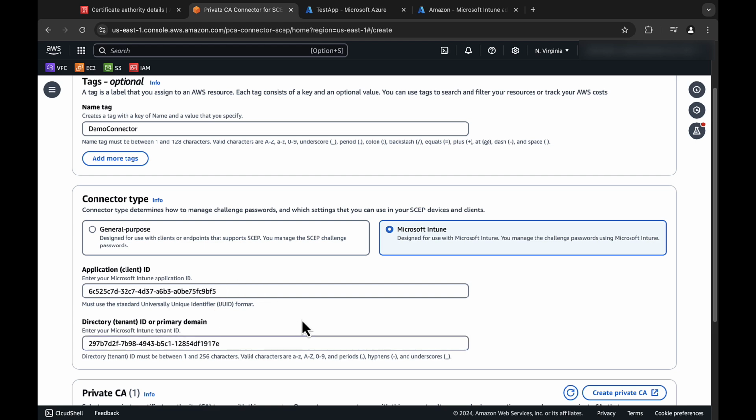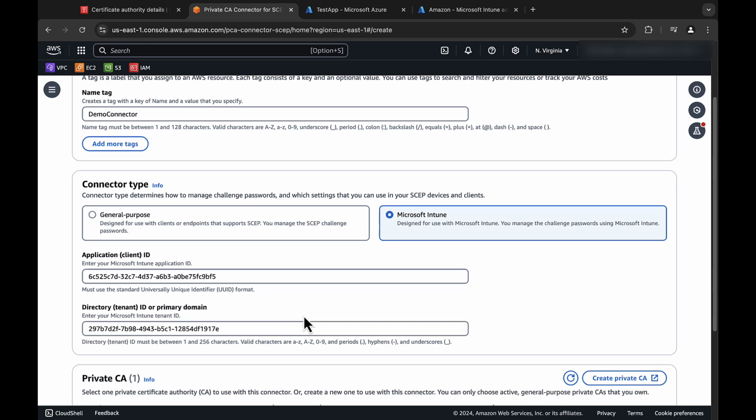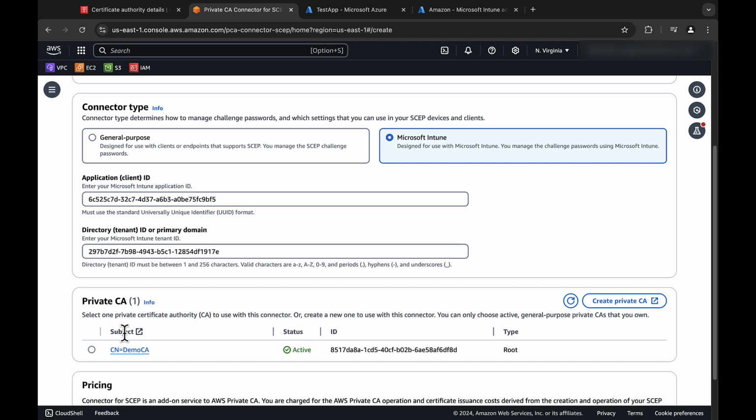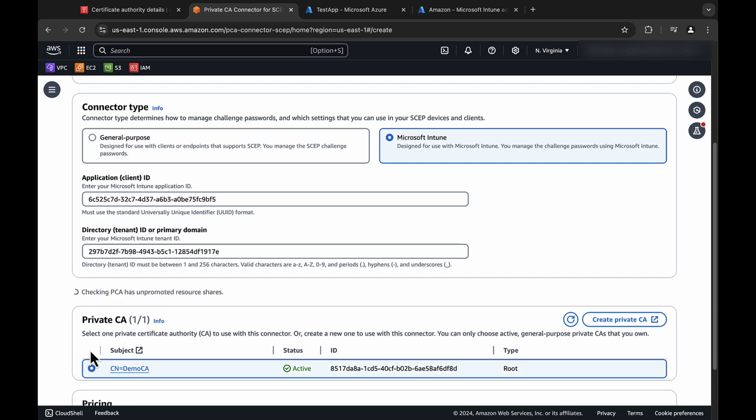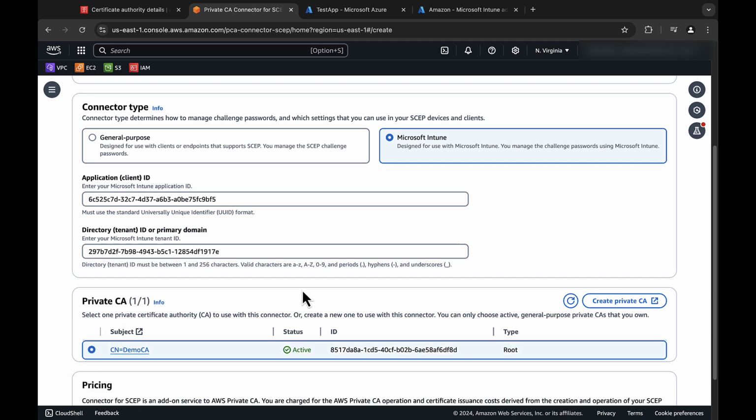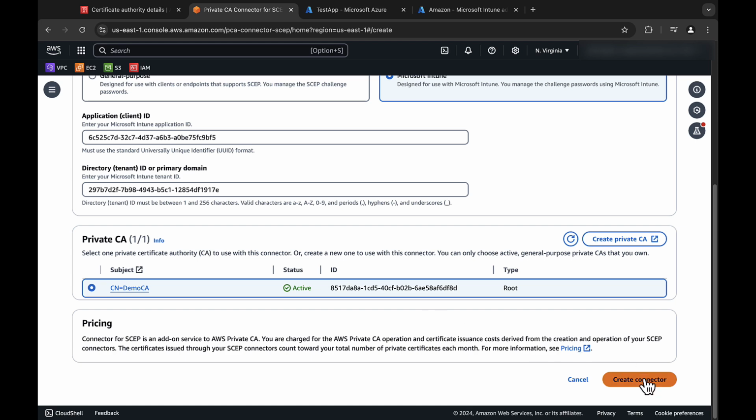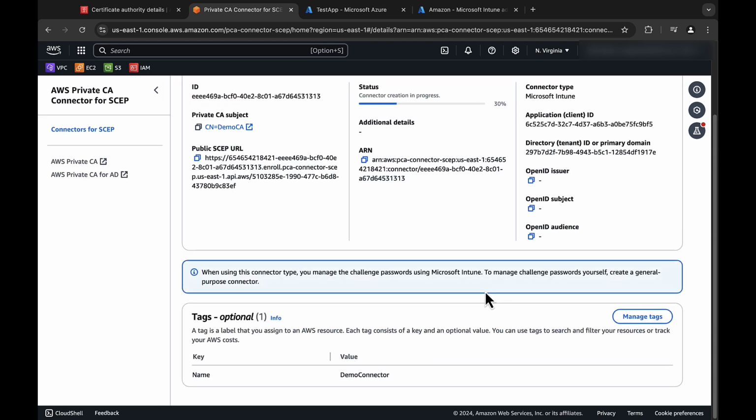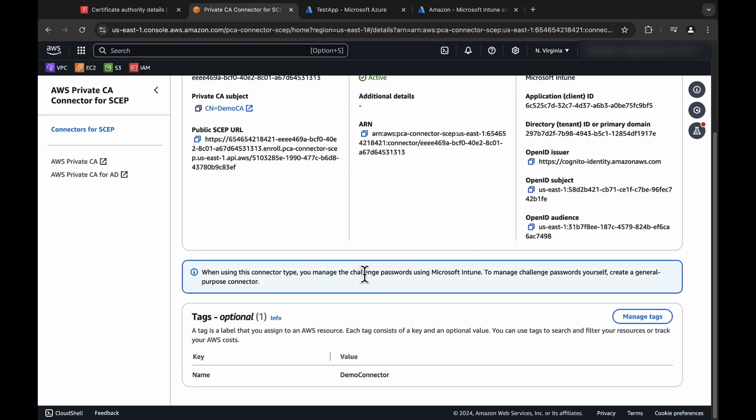Now I will select my private CA that I created in the previous step. So I'll scroll down, select my private CA, and then click Create Connector. So now behind the scenes, the CA is being shared with the connector for SCEP service and an endpoint is